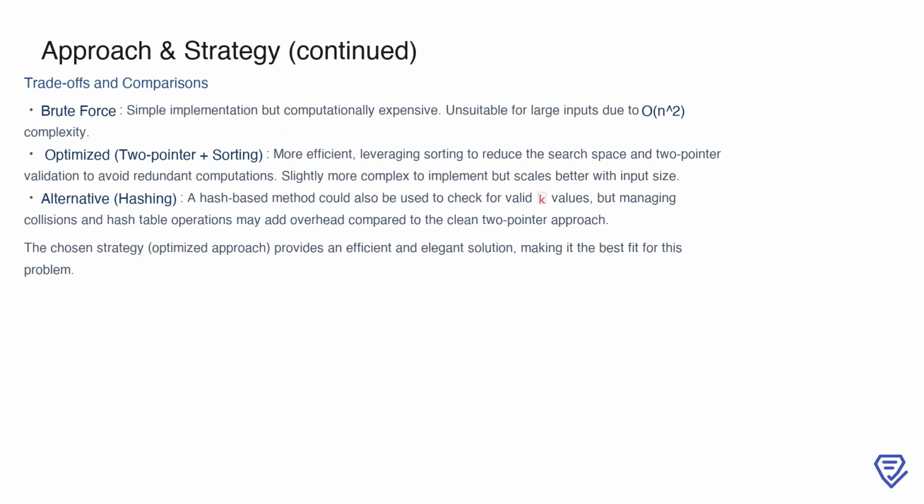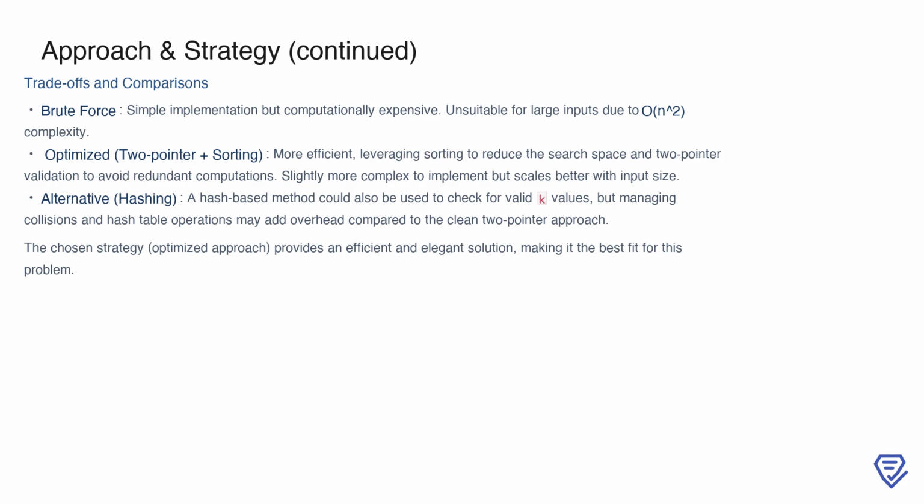When comparing the different strategies, each has its own trade-offs. The brute force method is simple to understand and implement but suffers from poor scalability due to its O(n squared) time complexity. This makes it unsuitable for large inputs. The optimized approach, which combines sorting and two-pointer validation, is more efficient. Sorting reduces the search space, and the two-pointer technique avoids redundant computations, making it a robust solution that performs well